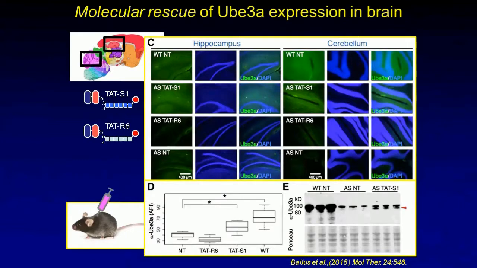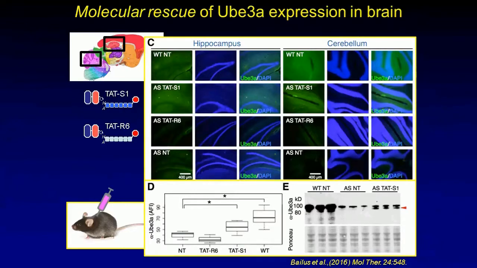So for that, we just looked for the reactivation of UBE3A. And in the panels that I'm showing you here, on the left-hand set of panels, we looked at section brain tissue from the hippocampus. On the right side, we looked at section brain from the cerebellum. If it really got all over, we should see UBE3A reactivation in both areas. On the top row of panels are wild-type mice that express UBE3A, which is shown in green.